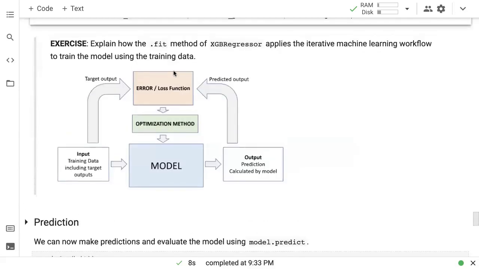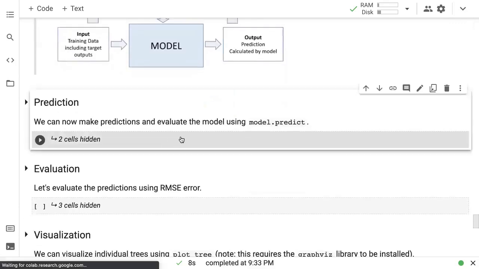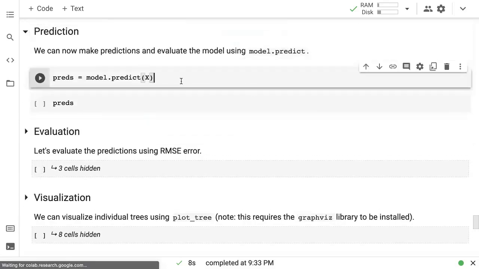And now here's an exercise for you. Can you now describe in your own words how a gradient boosting model fits this machine learning training workflow? We take some inputs, put them into the model. It makes a first guess, which is just the averages. We compute the loss, we compute the residuals, and then we train a decision tree to predict the residuals. Now we put in the inputs once again. Now we get the output as the average prediction plus the prediction of the decision tree scaled down. Then we compute the residuals again using the targets, and then we optimize by training another decision tree and so on.